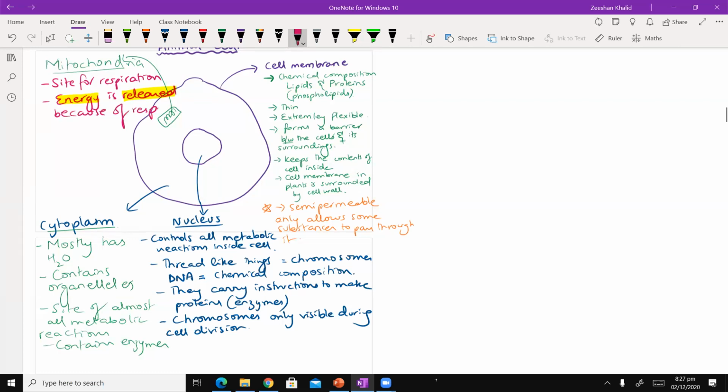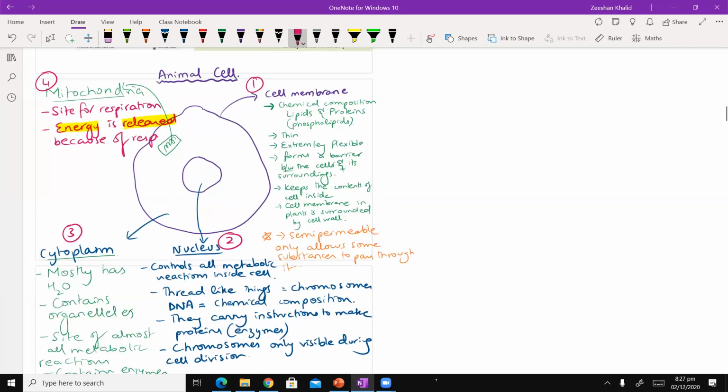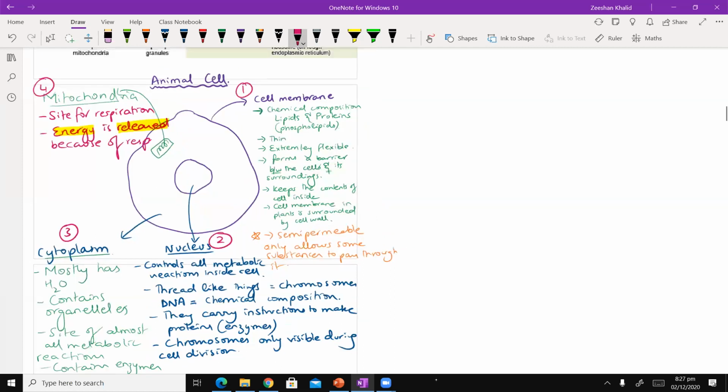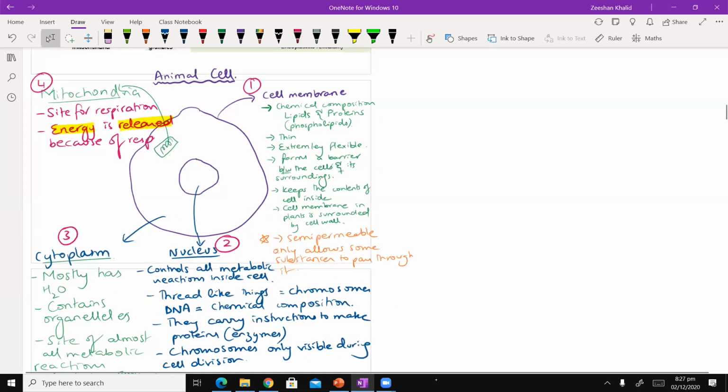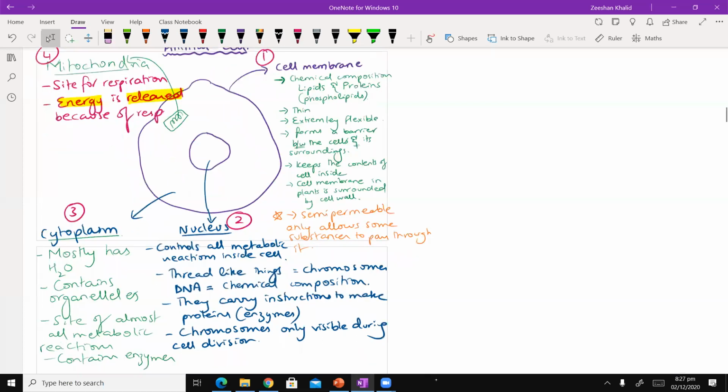Yes, that's basically as far as what we need to know about the mitochondria. So more or less, these are the 1, 2, 3, and 4 things we should be knowing about the animal cell. I hope all of what I've talked about is nothing new for everybody. But again, I've tried to summarize and give you all of the main points that you need to know as far as this particular topic is concerned.